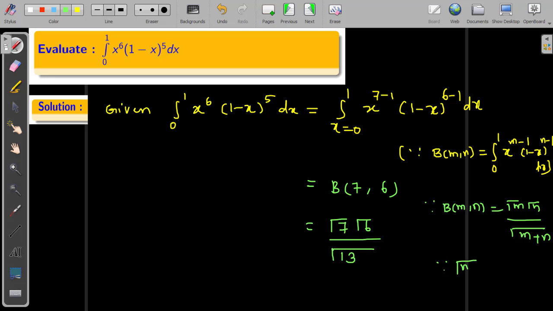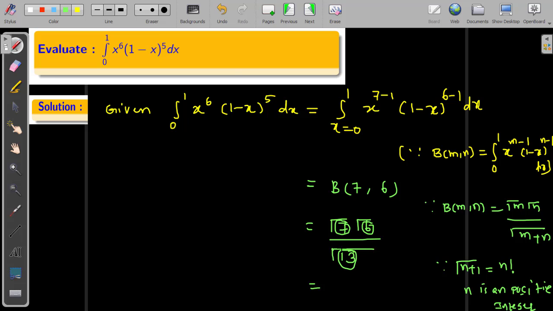Okay, again we have a rule of gamma property. The gamma property says gamma of n plus 1 is n factorial, provided n is a positive integer. This rule we can apply, as we discussed in previous classes. So gamma of n plus 1 is n factorial, which means gamma 7 is nothing but, inside, 6 plus 1, this could be written like 5 plus 1,